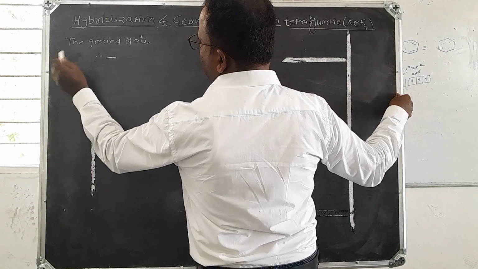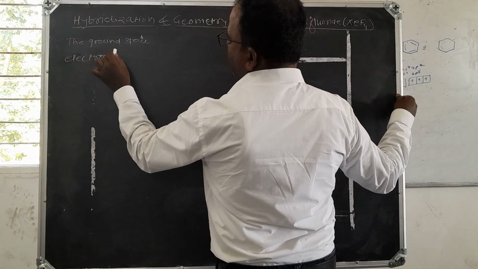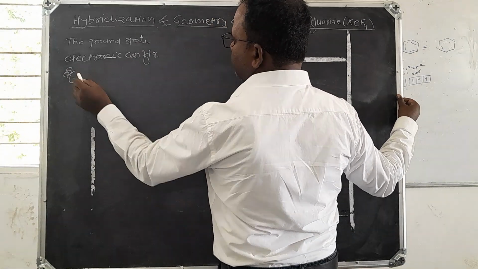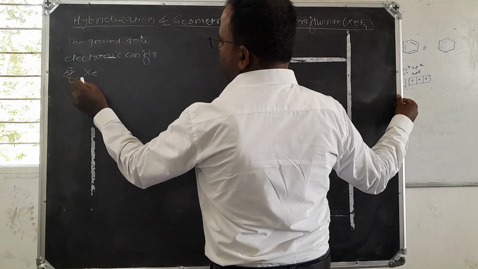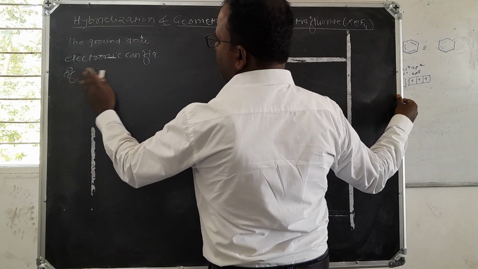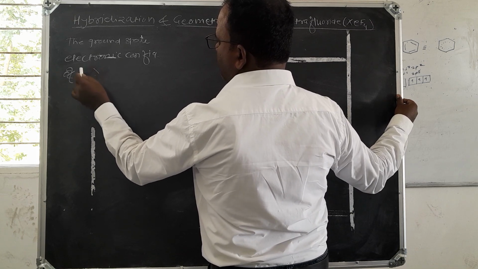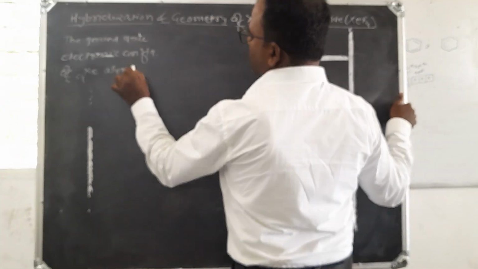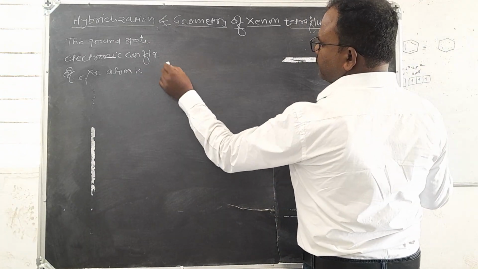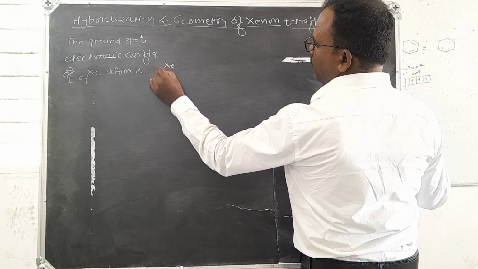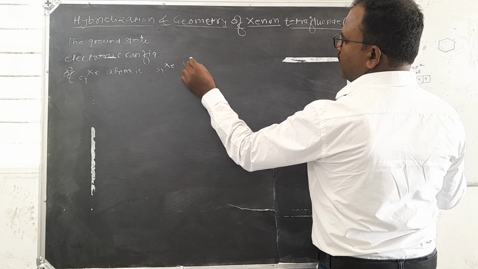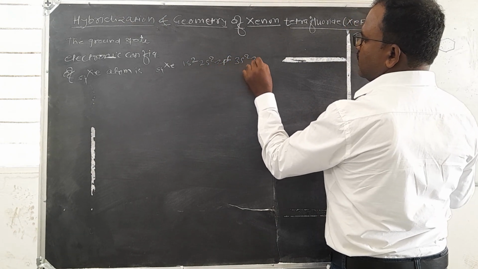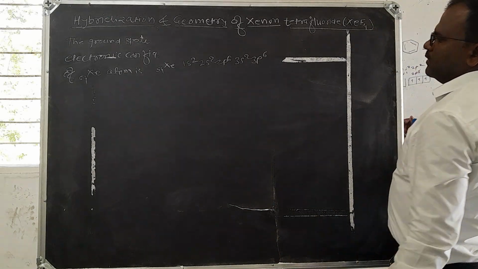The ground state electronic configuration of the xenon atom, atomic number 54, is 1s2, 2s2, 2p6, 3s2, 3p6,